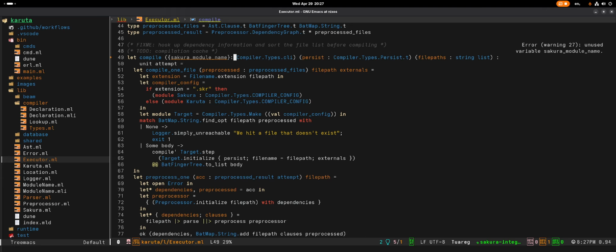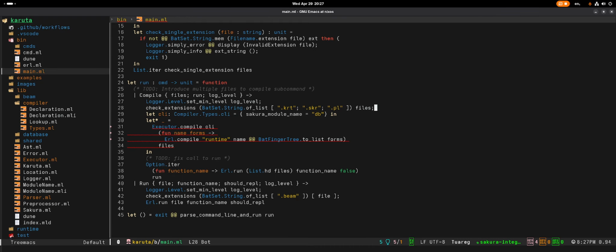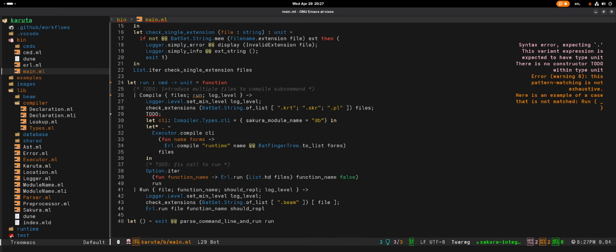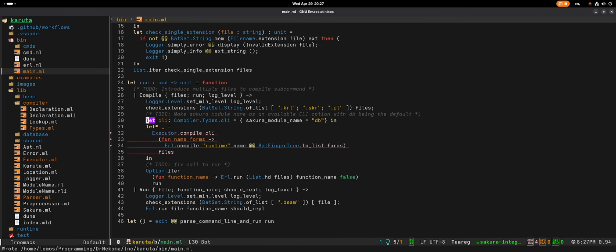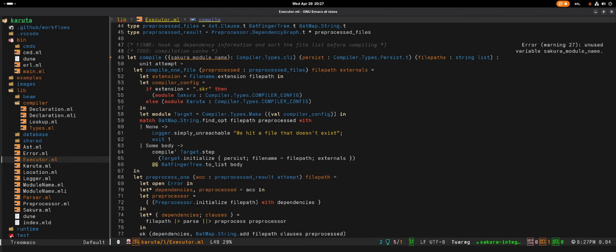Well, after we have the concatenated Sakura module... Oh wait, before you continue, I should also put a to do here, I'm gonna forget. Make Sakura module name an available CLI option with DB being the default. Okay, go back, continue. Sorry. Well, after we concatenate everything together,